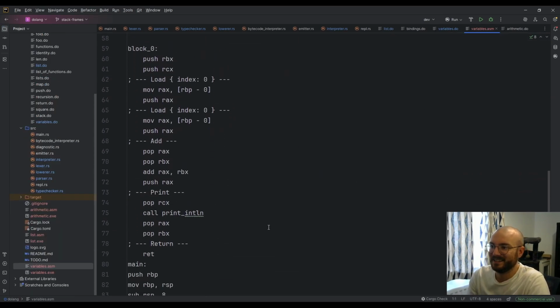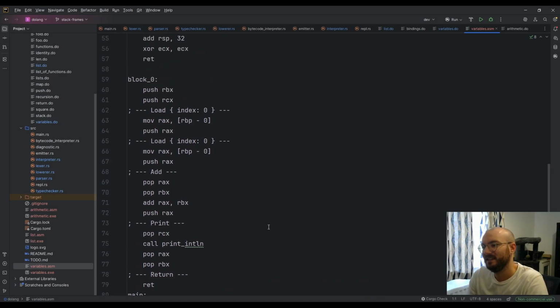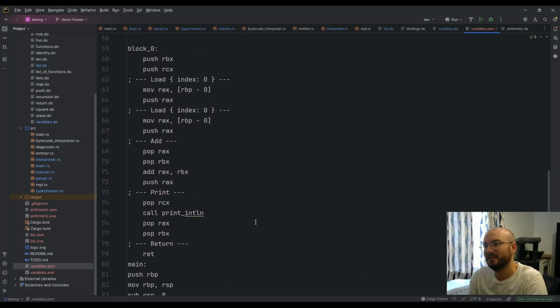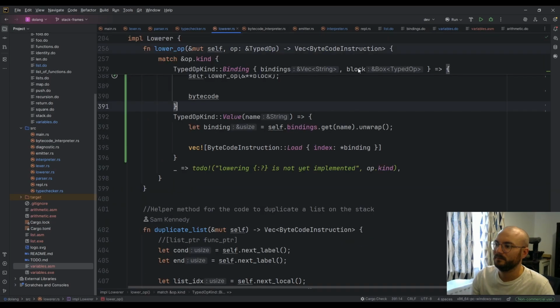I think my stack arithmetic is incorrect, because it treats it as a block and it never calls it. Treats it as a block and it never calls it. That's why. Yeah, I think... yeah,